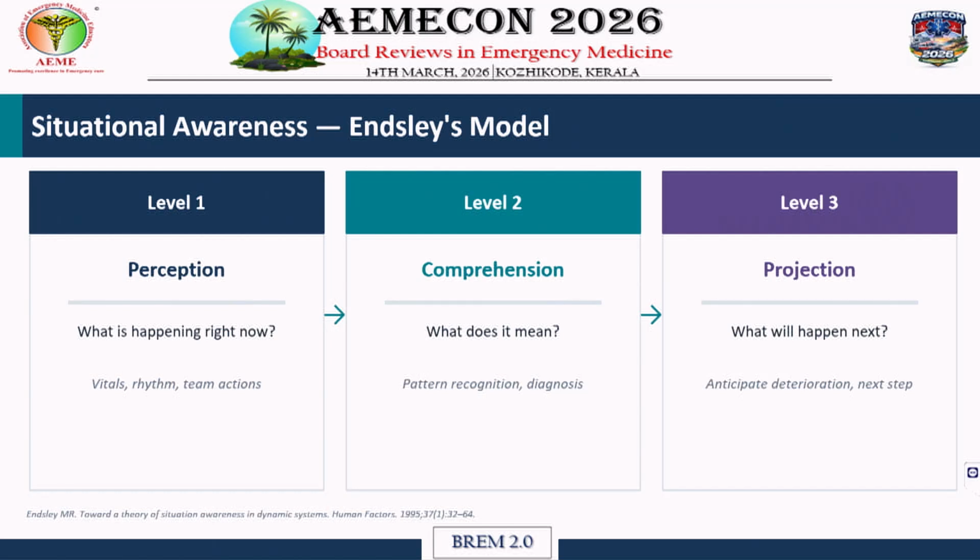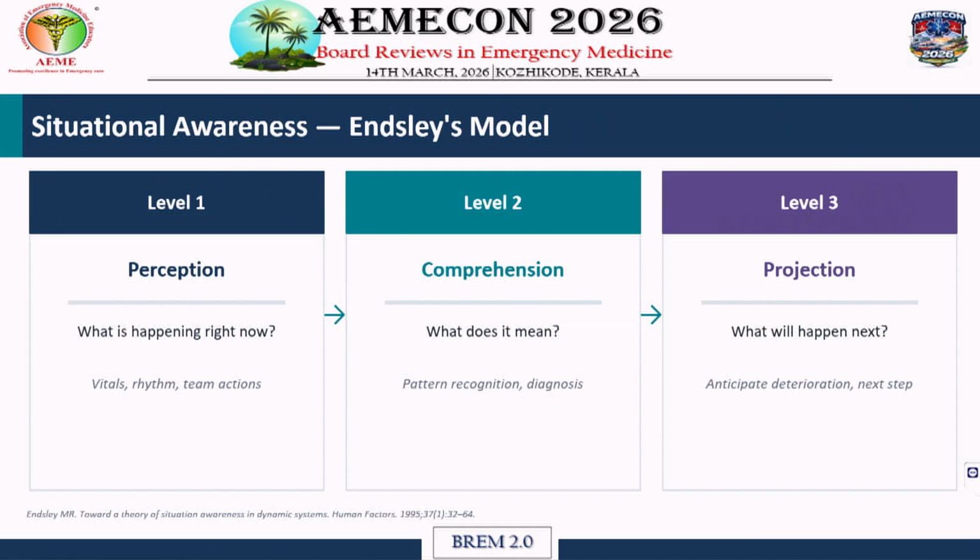Just communicating by talking is not enough. It is important that we communicate by the verbal cues, by our body language, by all the environment that is around us. So the concept of situational awareness bears very important role for emergency physicians. It's important that we perceive whatever we are doing, whatever is happening, why that's happening, rather than just that it is happening. Then we have to identify why it's happening, comprehend it clearly, and then whatever intervention we are doing, what will it create, what will happen next, project whatever decisions you're going to make, how will that impact the